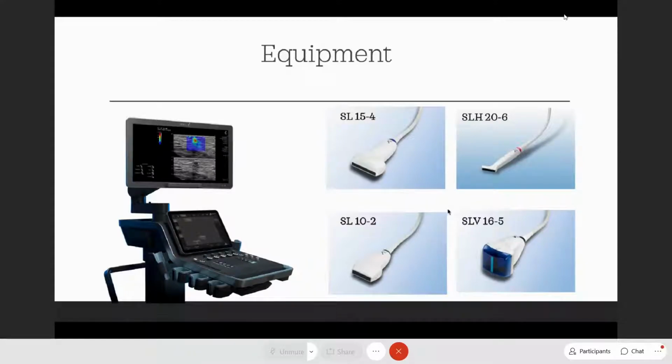However, if you have these two probes, it is something like an icing on the cake. I'm fortunate to have these two. The first one is the hockey stick probe with a much higher frequency, which goes up to 20 megahertz. And this probe gives fabulous information about the superficial structures, especially when you're evaluating a nipple areola complex. And whenever you evaluate the nipple areola complex, ultrasound is the modality to pick up subtle abnormalities.